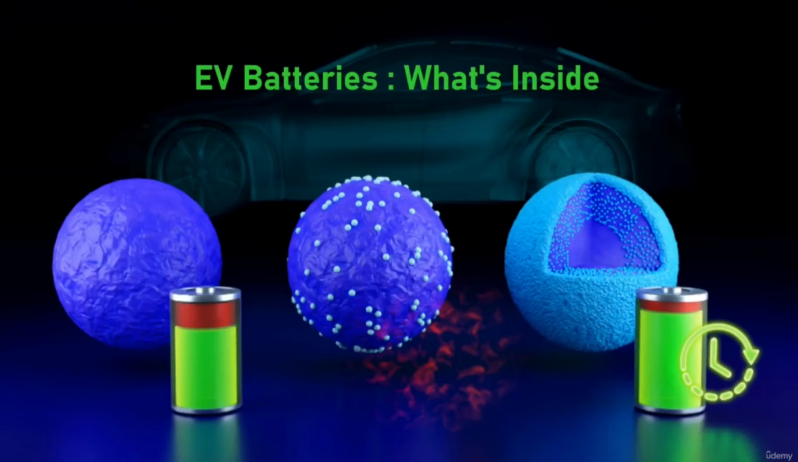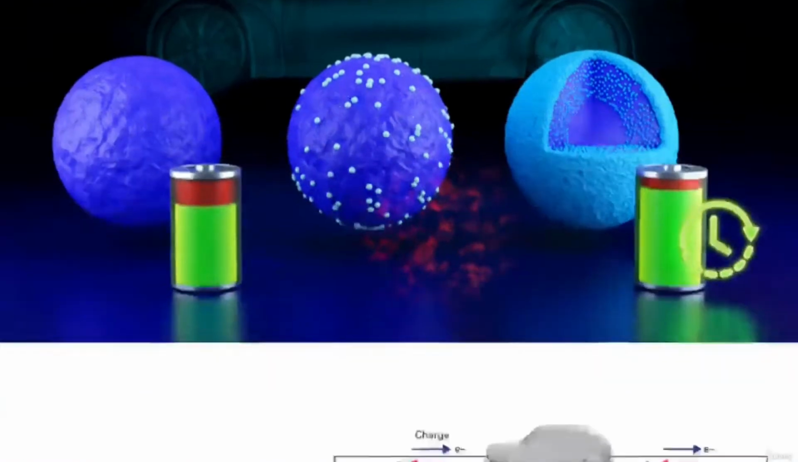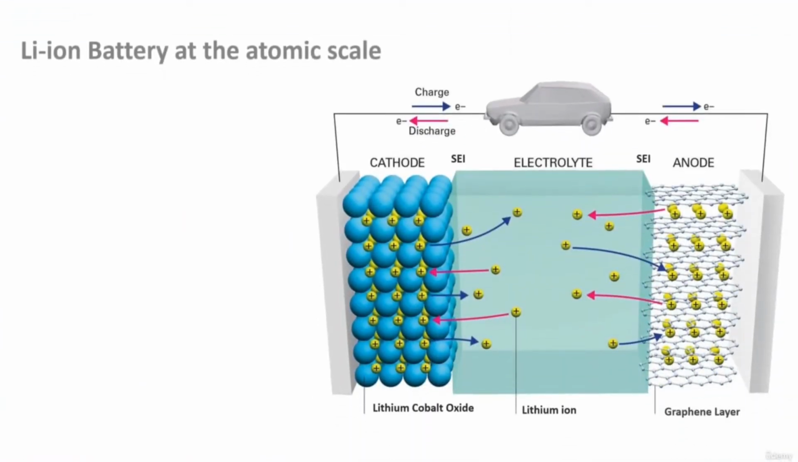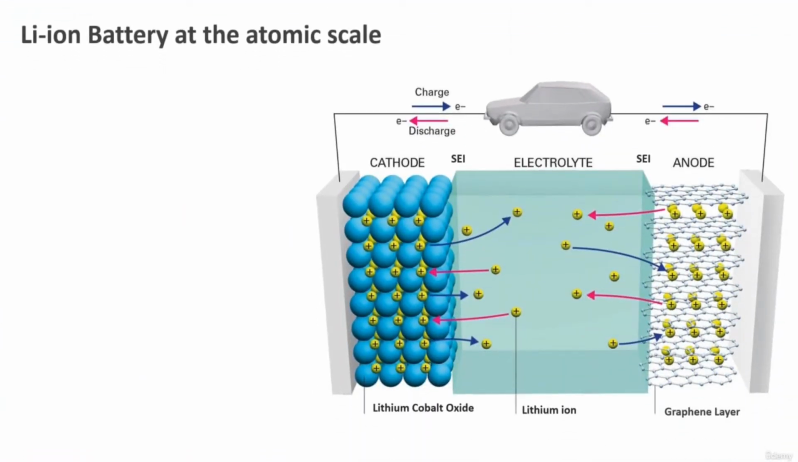Welcome back to this lecture of EV batteries. In this lecture we are going to take a look inside the battery to understand what microscopic parameters determine the battery performance. Let's consider the atomic scale working of lithium-ion battery by looking at the classical combination of the graphite